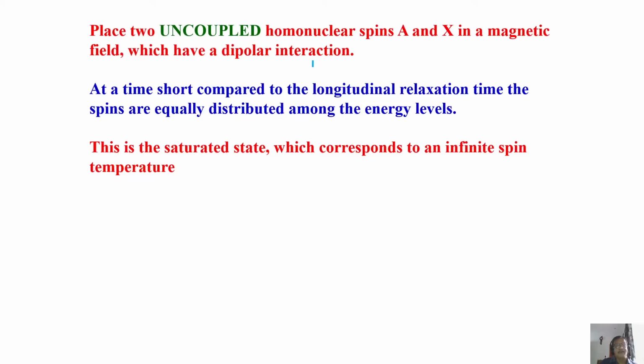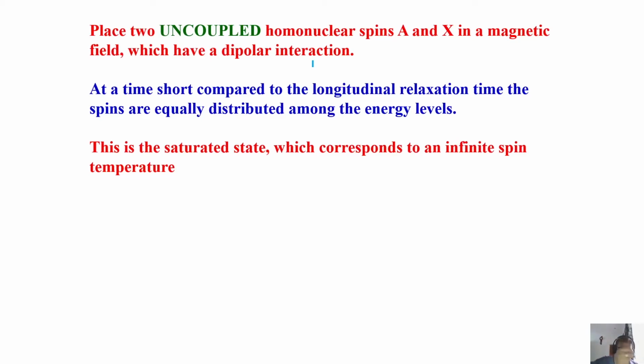Now, for a short time, immediately after you put the sample in a magnetic field, what is the state of our nuclear spins in the different energy levels? See, there is no magnetization. Magnetization comes only after you put the sample in a magnetic field and wait for some time. See, outside the magnetic field, they are all randomly distributed. Okay. The energy states are completely degenerate.